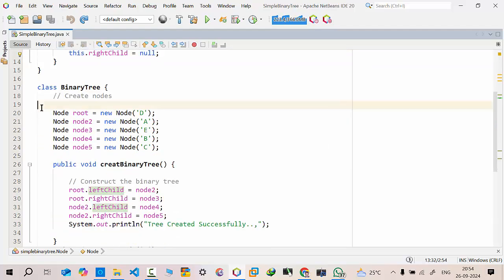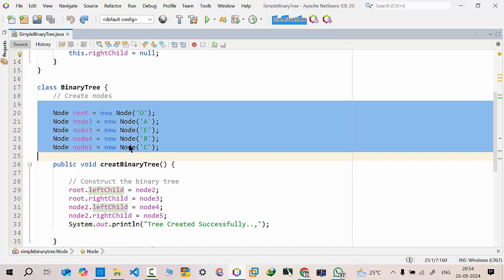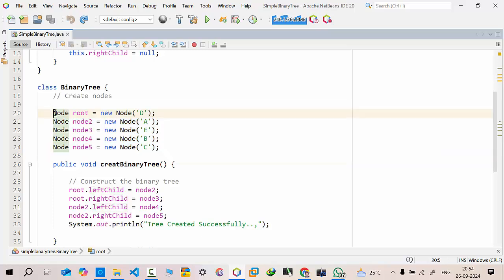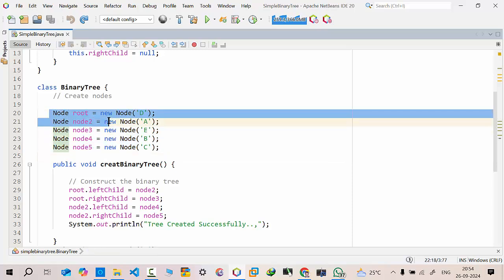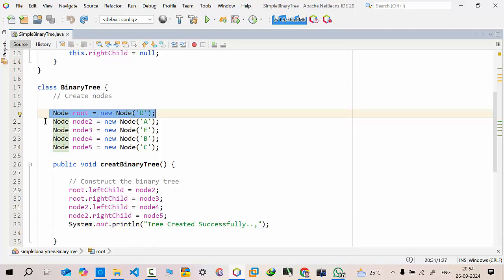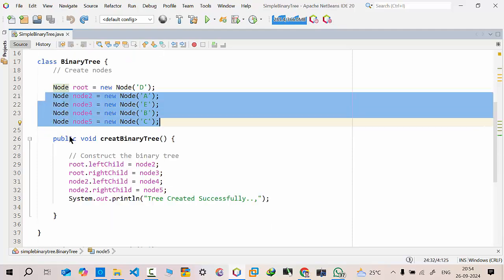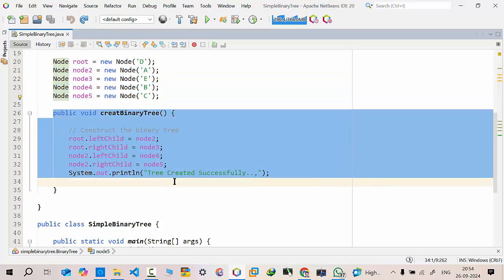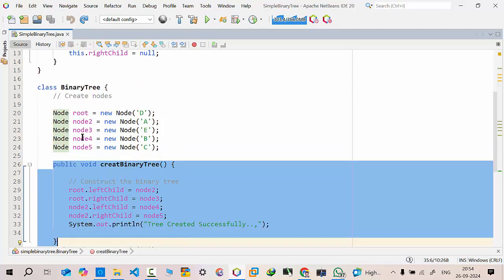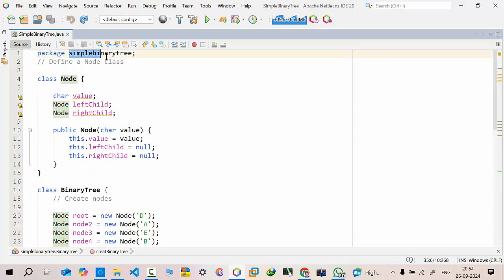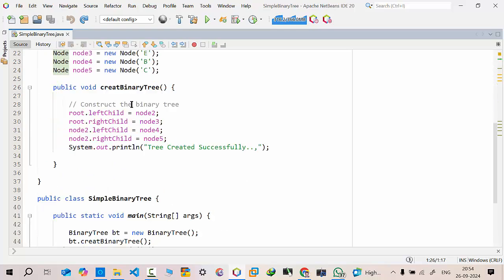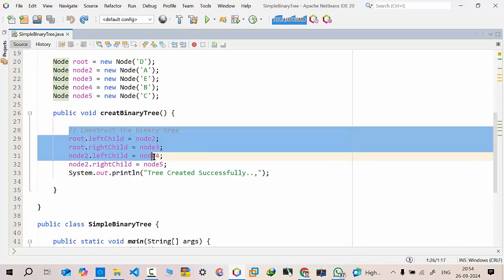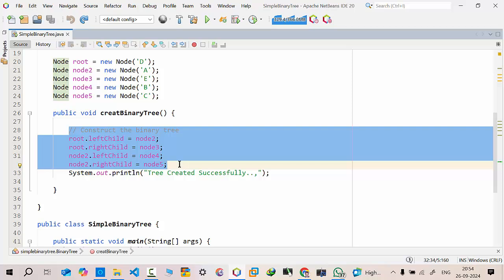Also, in the binary tree class, our intention is to build a binary tree of five different nodes. For this reason, I have taken five nodes, one of which is the root, and the rest of the nodes follow. Then we have the create binary tree method here. I haven't used any loop here, which is why I have kept the name of the project as simple binary tree. My intention is to just use different statements to create